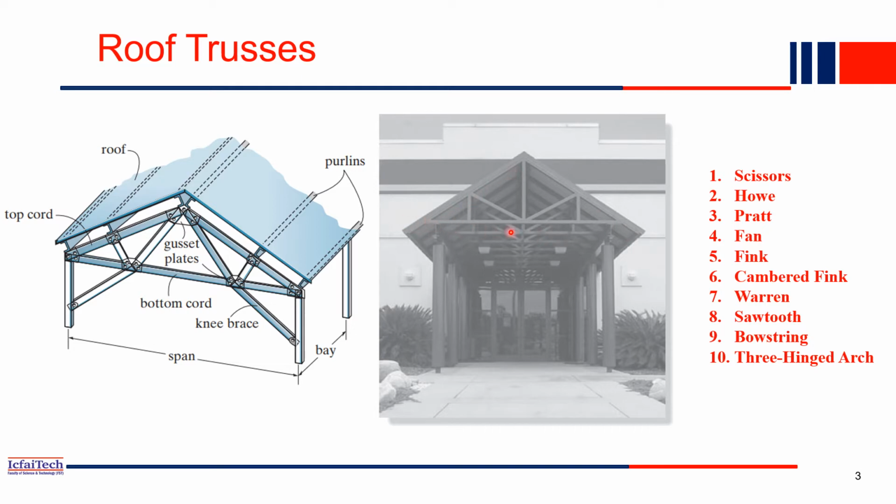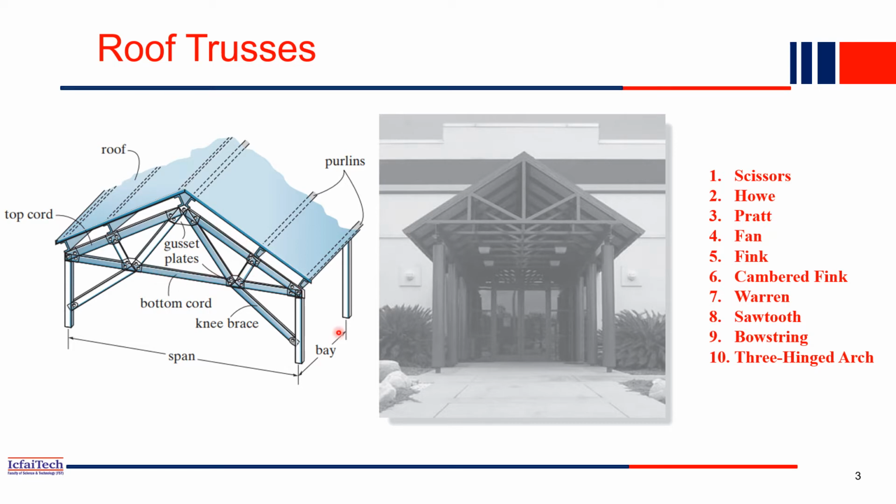But primarily we use truss as a roofing member. Why? Because trusses are normally used where the span length is very large. For example, this is a span length. So maybe for a warehouse or shopping mall, you need a very large span length. In that case, if we go with the normal conventional slab pattern, then we may need to provide an additional column at the center. But to avoid providing the column at the center, or to increase the indoor space, then we will normally use